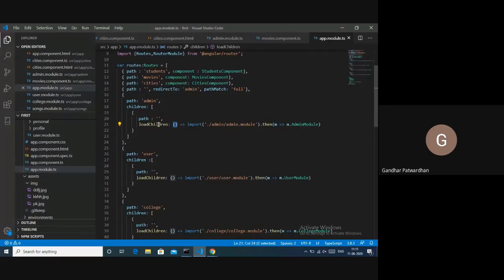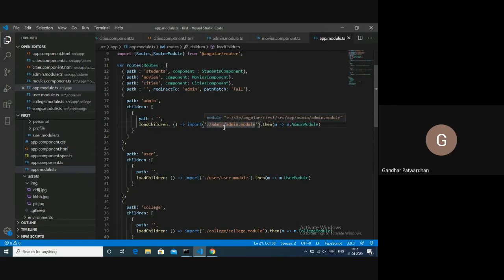So against this key loadChildren, the value is a function, an arrow function. And here, what am I doing? I am saying import ./admin/admin.module. What comes in that import function is the path of your file, the relative path.